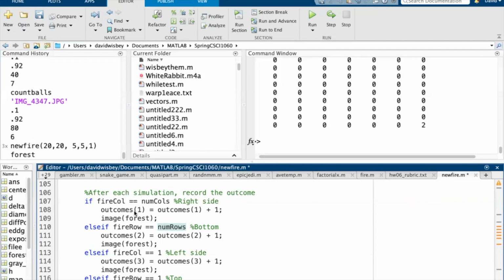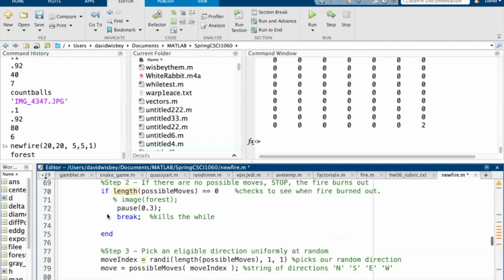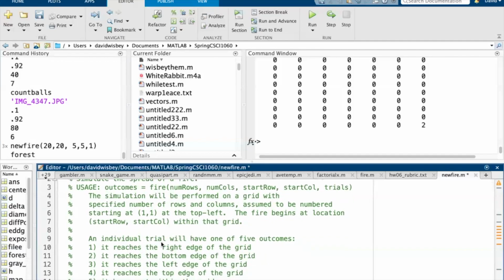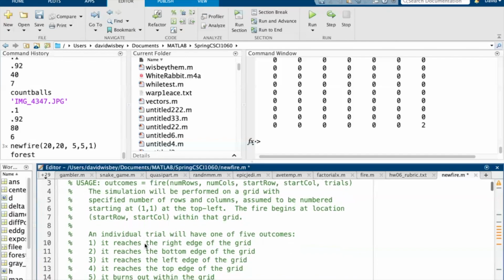So we say, all right, outcome 1. Remember, outcome is an array that contains all of our results. So let's go back up to the tippity top. And it says we're going to have 5 outcomes. 1, it reaches the right edge of the grid. Outcome 2, it reaches the bottom edge. 3, the left edge. And 4, the top edge. So then outcome is an array. An element number 1 in outcome, that means it reached the right